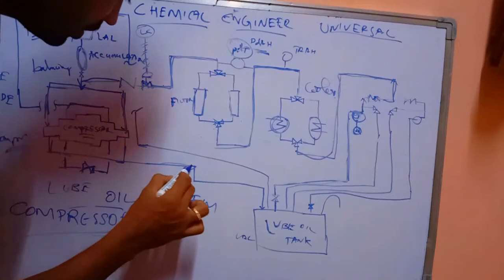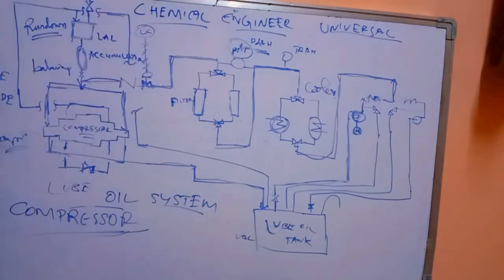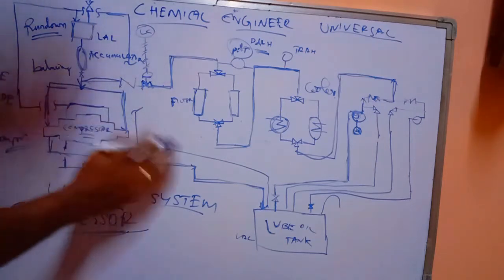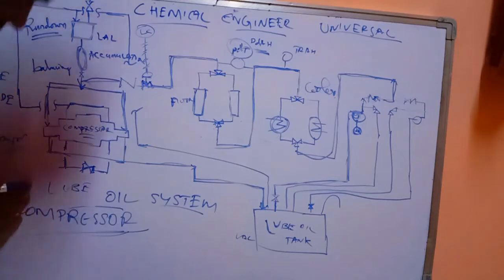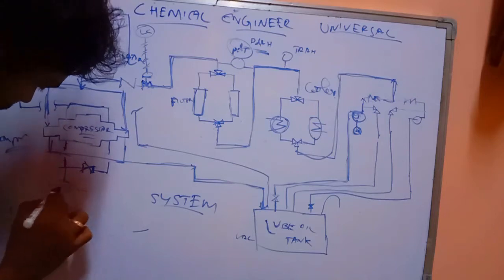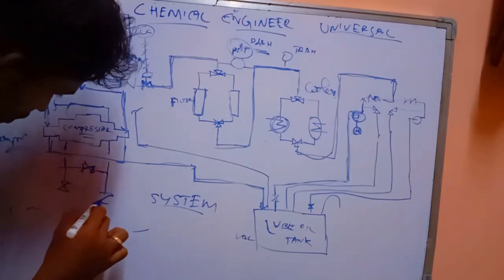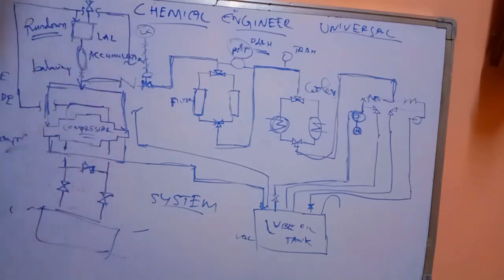So this outlet will again return to the lube oil tank. So that's how the path is. And one more thing is that if you want to drain the water, if you want to drain the oil during the maintenance time, we have a valve here, drain valves. So you can drain the tank directly here. So like that also we have provisions.